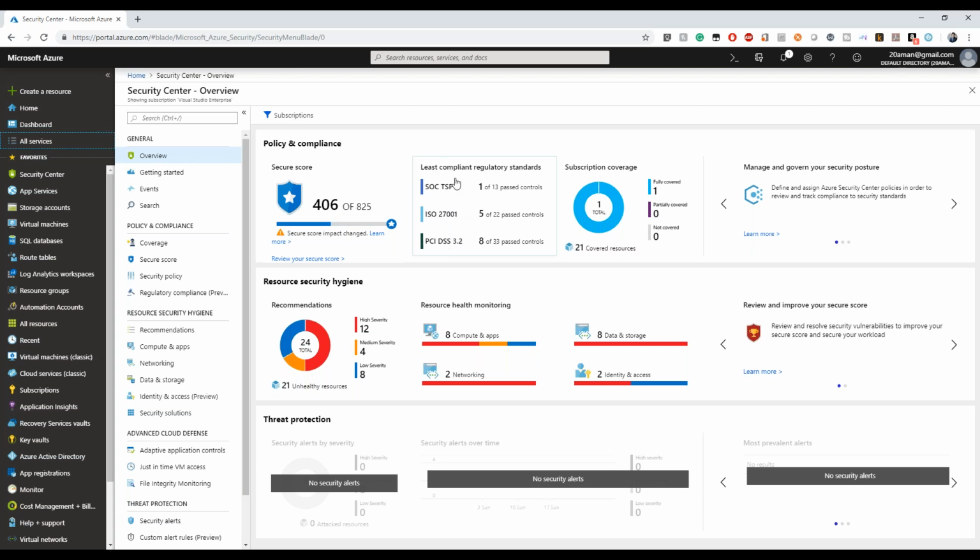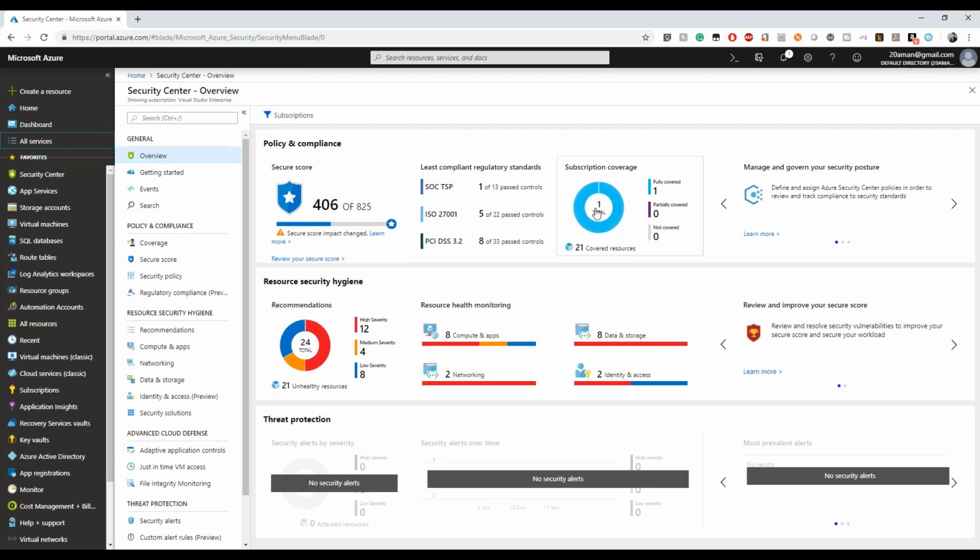If you know what those compliances are, these are the ones that will be of interest to your CTOs and your security consultants. So you can showcase these compliance regulatory standards to your security administrators, and then show them how through Azure you can do everything from one single pane of glass.